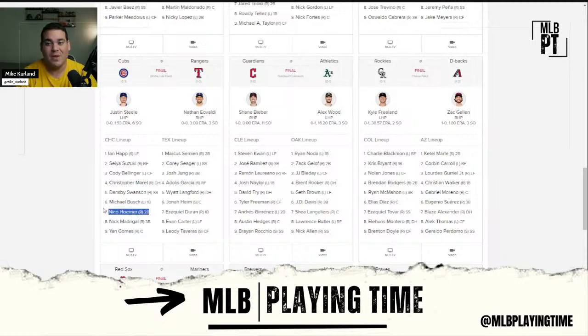Nico Hoerner did in fact bat 7th, and people were having a hard time believing this, but I saw this in the lineup once or twice in spring, and then Cubs fans were really vocal: hey, Counsell said he wants this. When you think about what Counsell did with the Brewers, Sal Frelick, who in my brain is a Hoerner type of player, batted 5th through 7th based on need, injuries, whatever it might be. And then you had Yelich leading off. Well, this is very similar.